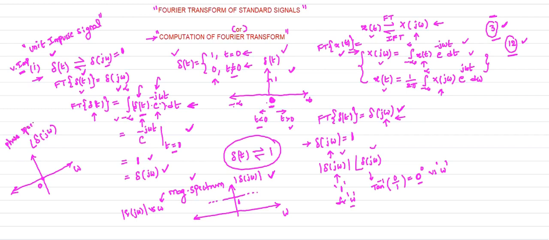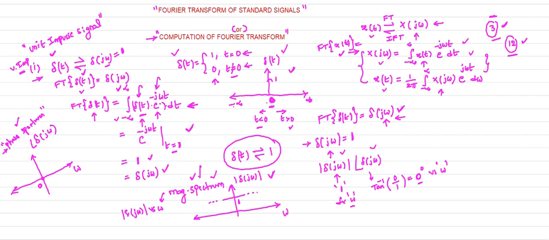So in the examination, one signal is given to you, and for that signal we need to develop the magnitude spectrum and the phase spectrum. The magnitude spectrum and the phase spectrum are collectively called the frequency spectrum. A spectrum is nothing but a collection of frequencies. At each and every frequency we are going to define the value of the function, or the magnitude of the function, or the phase of the function. That is nothing but the spectrum.